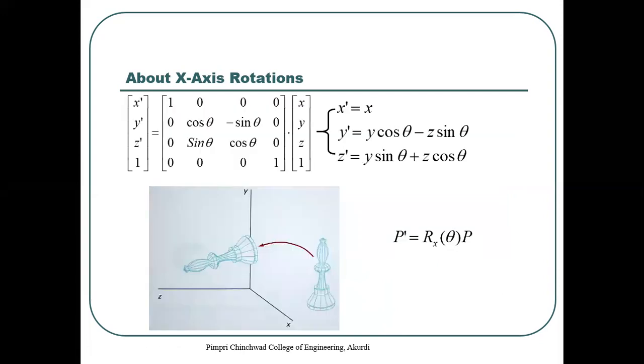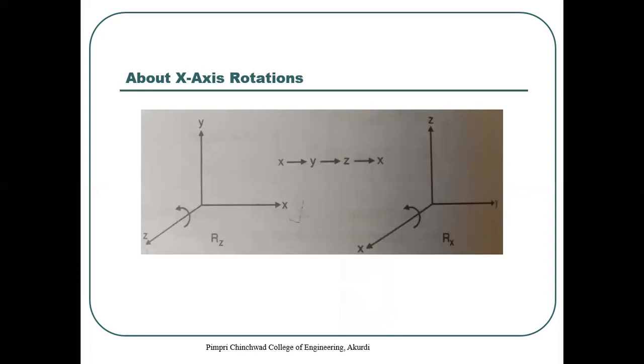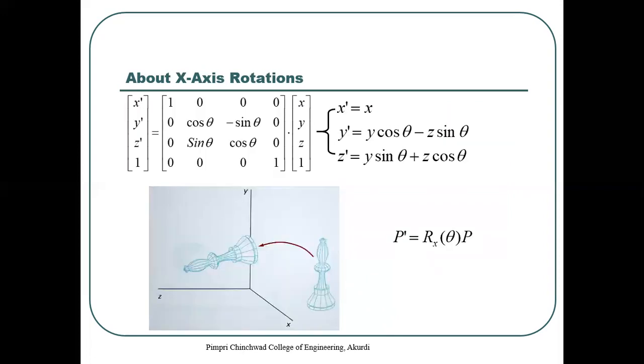Okay, so what we are going to do here, we are making use of this equation, that is x to y, y to z, and z to x, right? So we'll get the new equations, right? Now for the rotation about an x-axis, the transformation matrix will be like x dash, y dash, z dash equal to a 4 by 4 matrix. Now y and z coordinates will change. So in that case, this part is cos theta, minus sin theta, and cos theta. Okay, here it is represented like this.